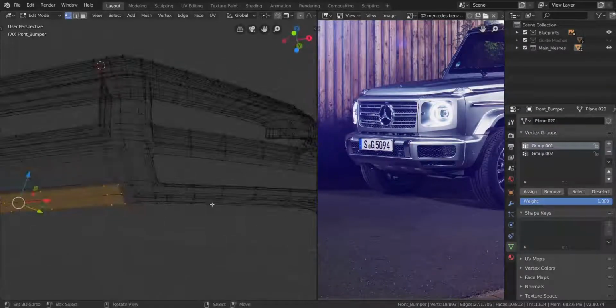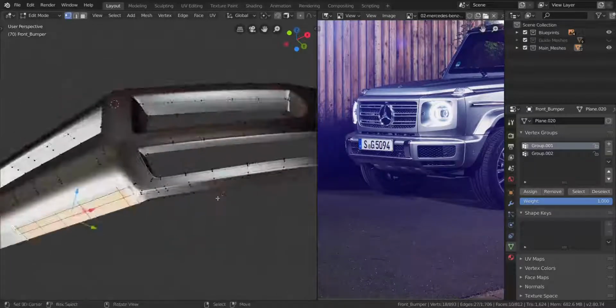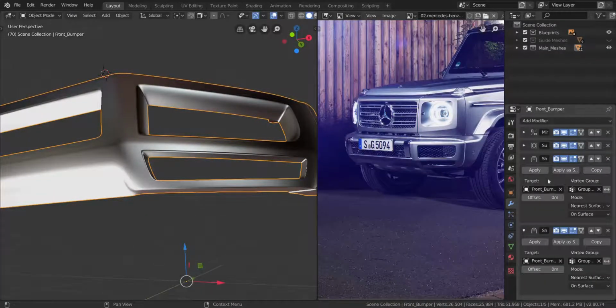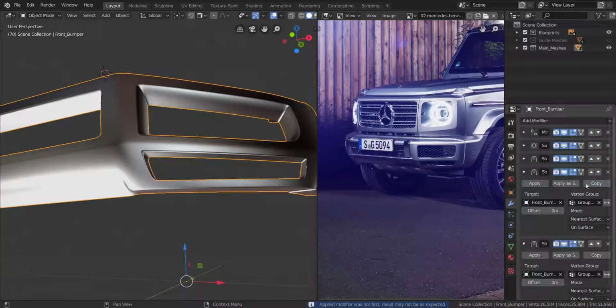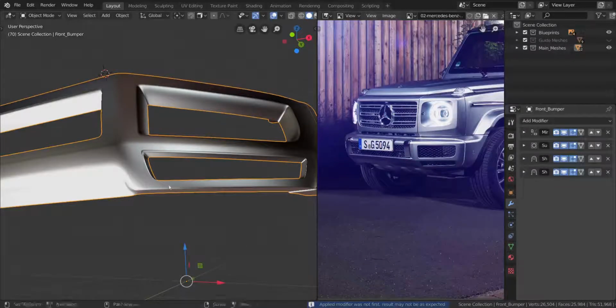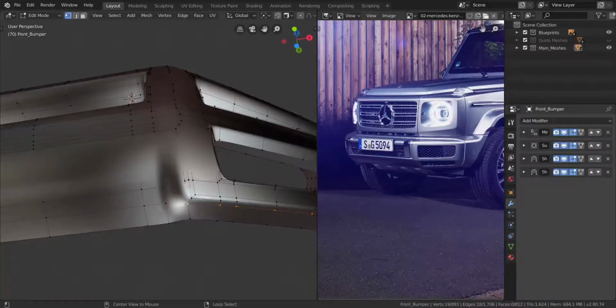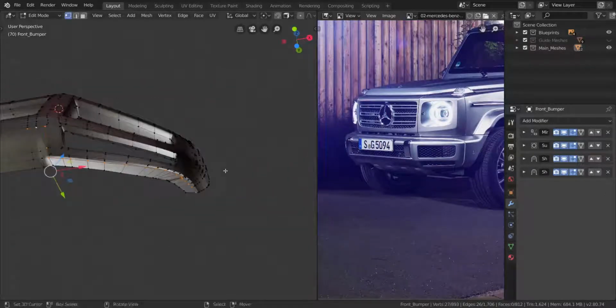And here's what we're going to do. We are going to go into object mode. Let's go to the modifiers button, and then let's copy this and apply it. And then we're going to copy this as well and apply it. So copy each of the shrink wrap and apply it, each and every single one of them, like that. So once we've done that, we're going to take these very edges here at the very end here,